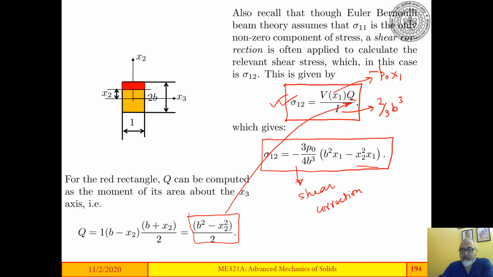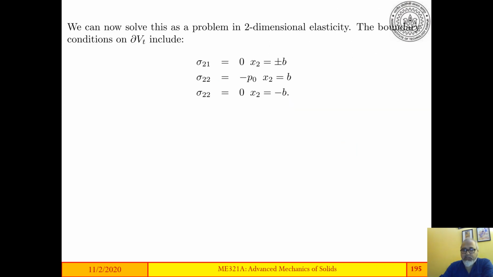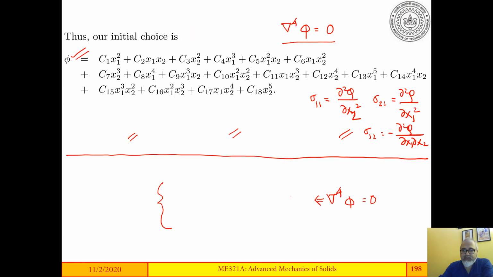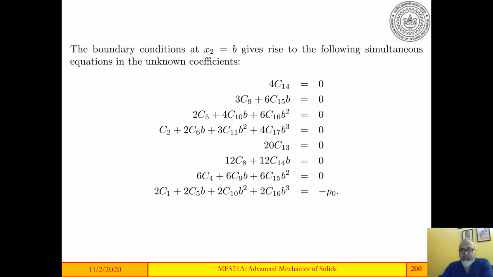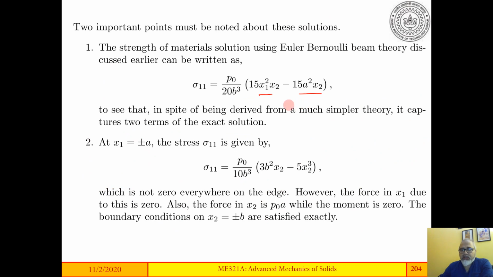This is the Euler-Bernoulli beam theory equation. I am multiplying the numerator and denominator on both sides by 5, and then making it look similar to the elasticity solutions that we have just found. If you look at them, you will see that two terms in the Euler-Bernoulli beam theory do exist in the elasticity solutions also, and the other two terms,